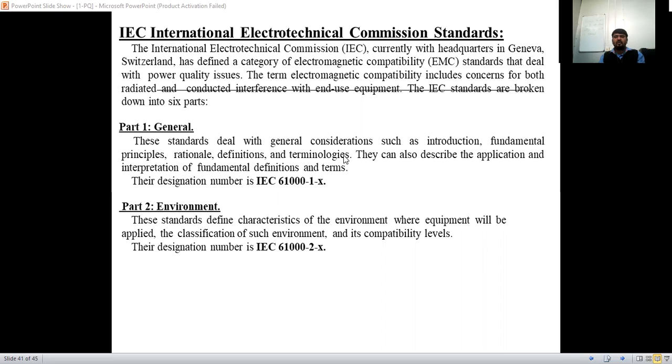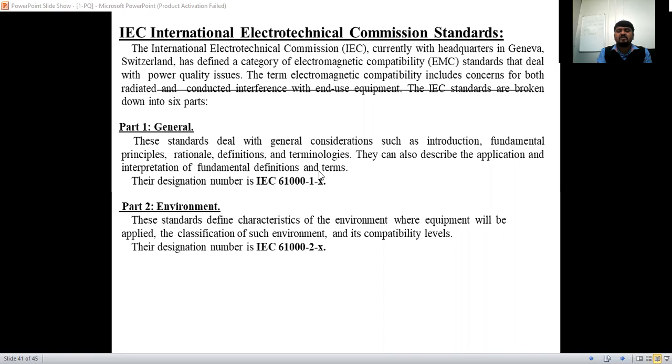It may be the definition, the introduction, the fundamental principle, the rationale, definitions, terminologies. All of this is included here. They also describe the applications and interpretation of fundamental definitions and terms. So the designation number of this general part, general considerations and fundamentals, the IEC standard, we are going to call IEC